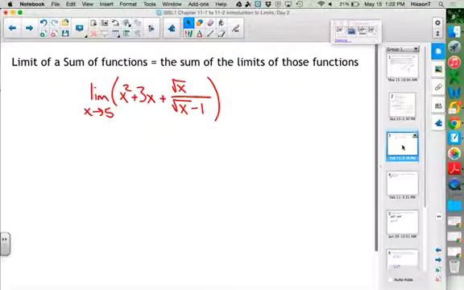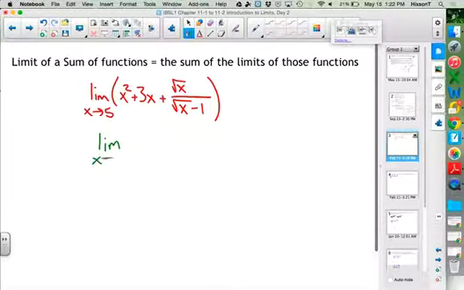We have the limit of a sum. The limit of a sum equals the sum of the limits. So here we have a function that is made up of 3 separate functions added together. We could rewrite this as the limit as x approaches 5 of x squared